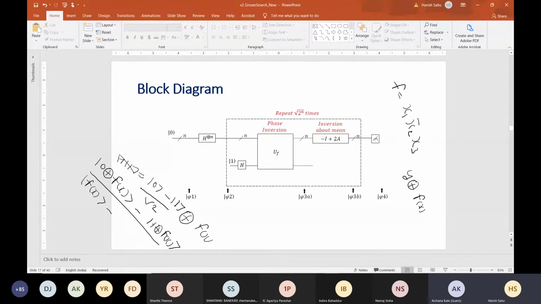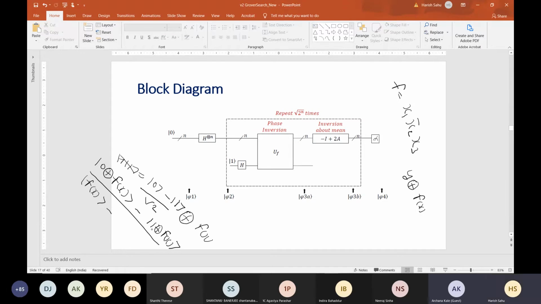Something XOR with 1 depends on f(x). If f(x) is 1, the result will be 0. If f(x) is 0, the result will be 1.